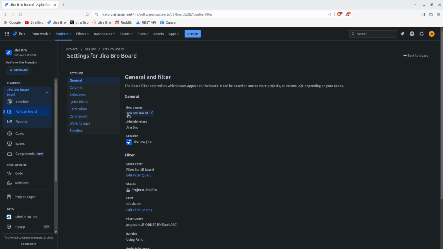And you should notify your team that you have changed the name of the board, because they might get confused if they see something different. Board administrator: there could be multiple board administrators that you can assign to